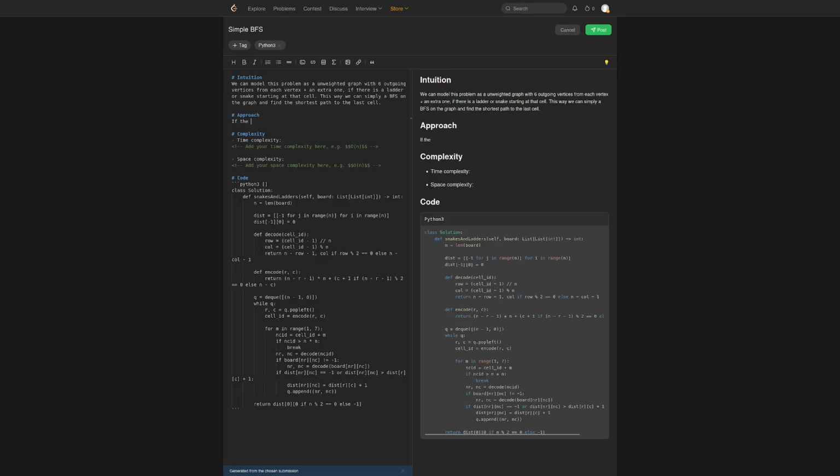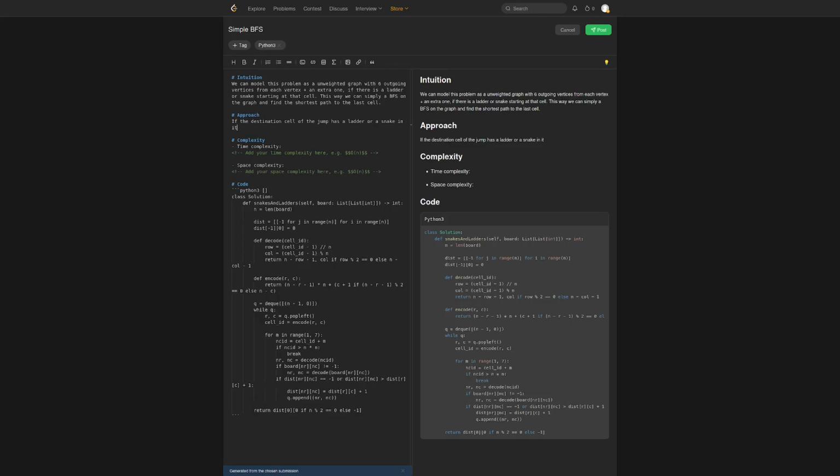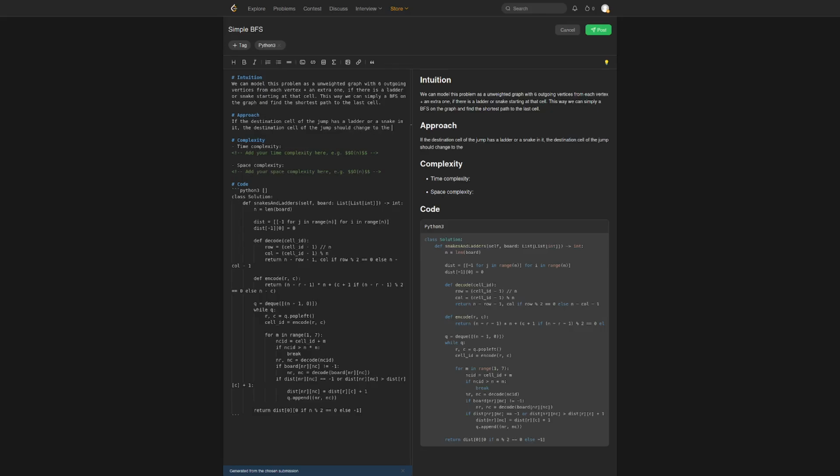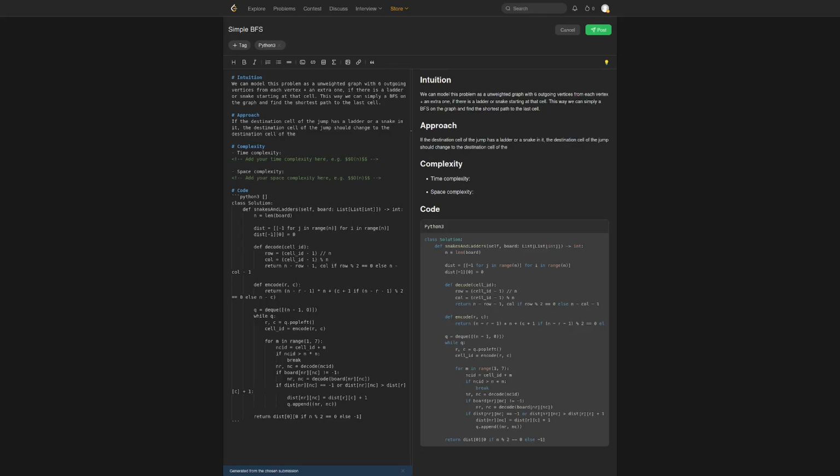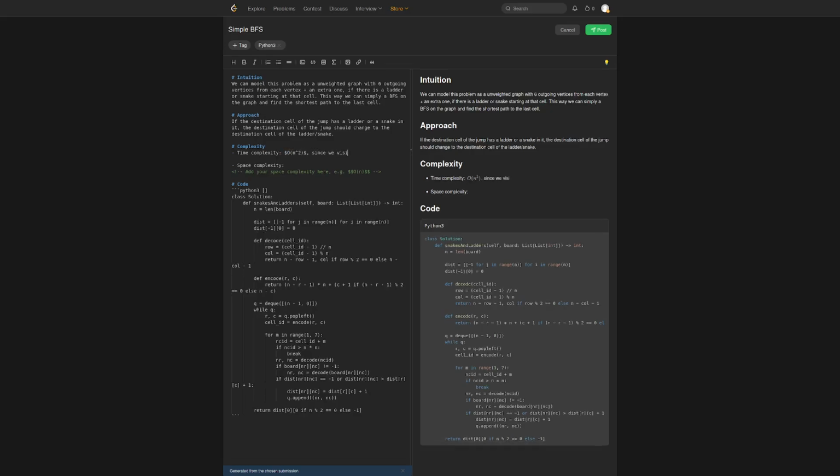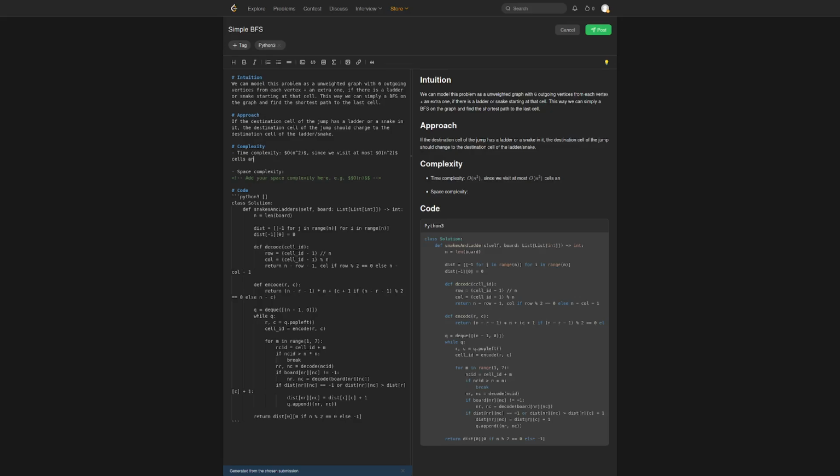Note that if the destination cell of the jump has a ladder or a snake in it, the destination cell of the jump should change to the destination cell of the ladder or snake. And n squared since we visit cells and do O(1)